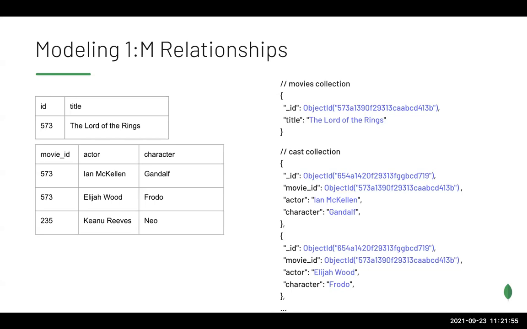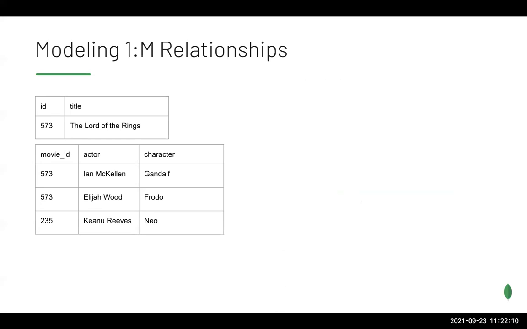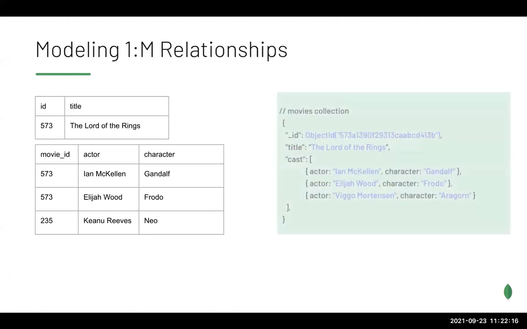that is accessed together should be stored together. And typically when you get information about the movie, you'd want to get at least the top characters and the top actors who are in it. So what we typically recommend in a document data model is to store data that is accessed together in the same document. So what we would do here is embed the additional